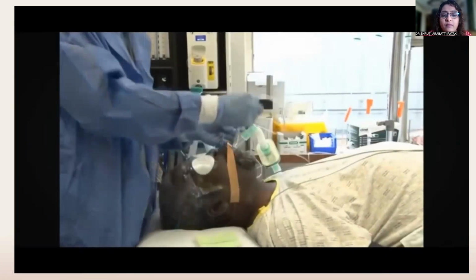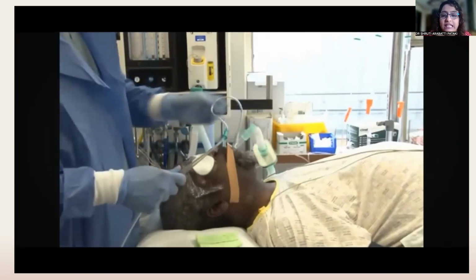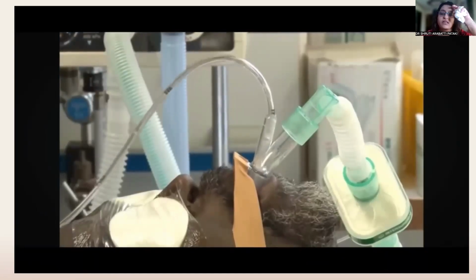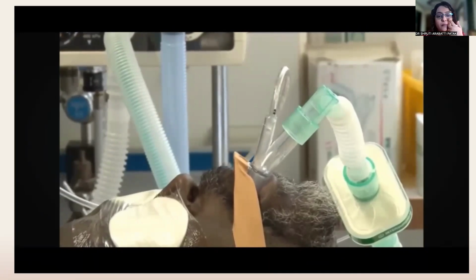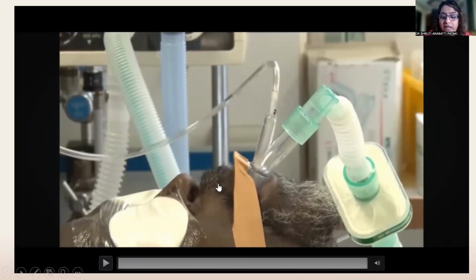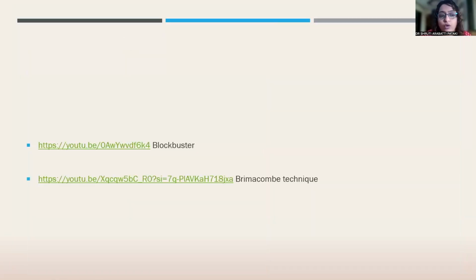And like we said, passing the nasogastric tube with ease is another sign that it's in place. You can aspirate the contents and confirm it. And of course, we have our 5-point auscultation that we do to confirm placement. And end-tidal CO2, your capnography, is going to be the gold standard either way. That does not change. But in the absence of capnography, these other signs are what we rely on.